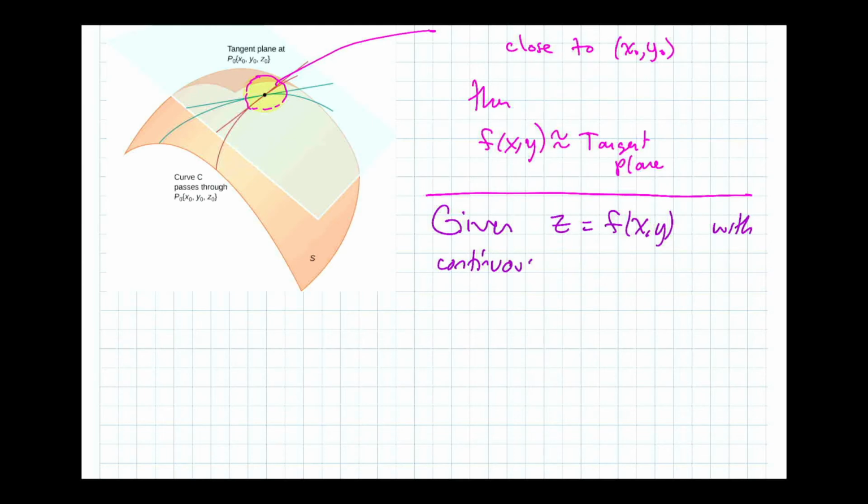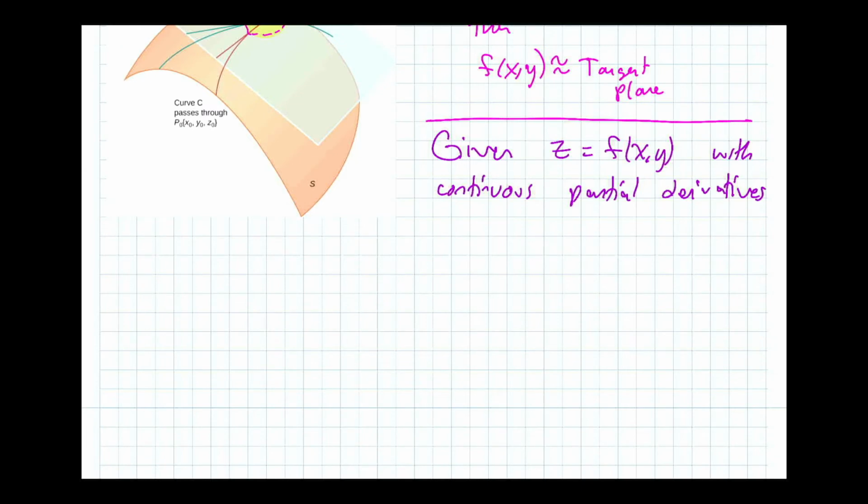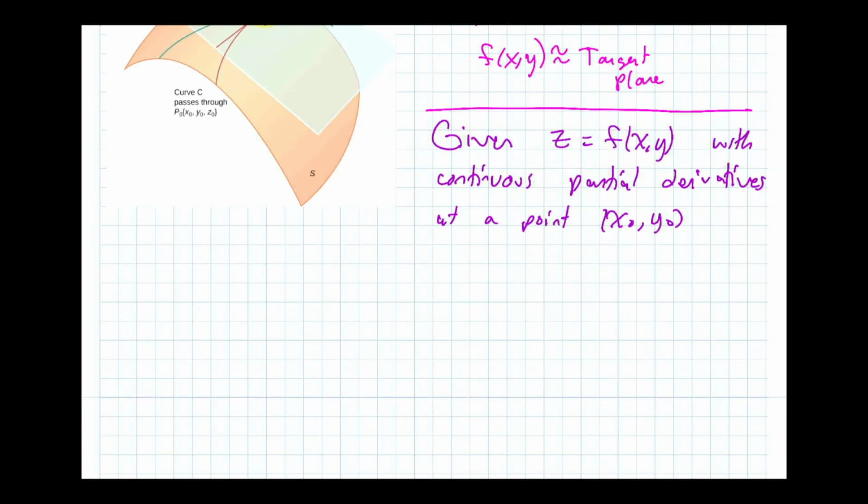Because you have to take derivatives to find the tangent plane. At a point x0, y0, we could say two things. Number one, the linear approximation